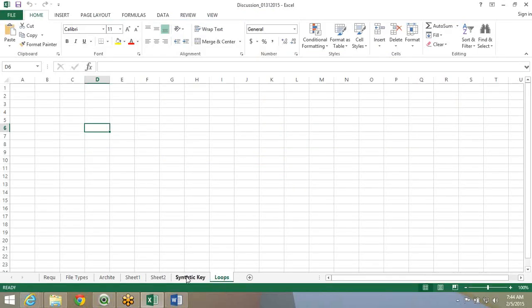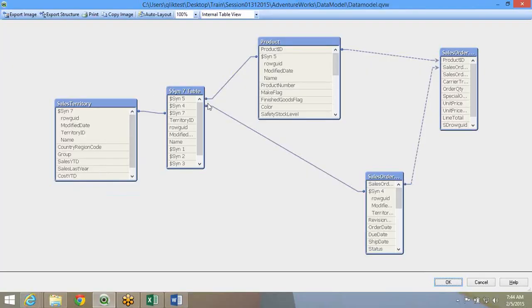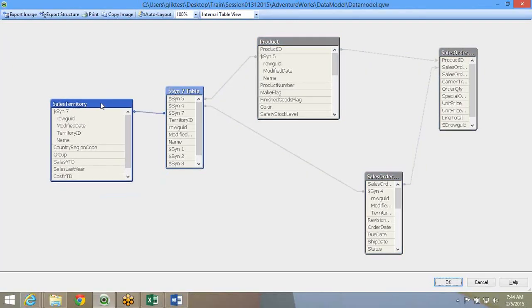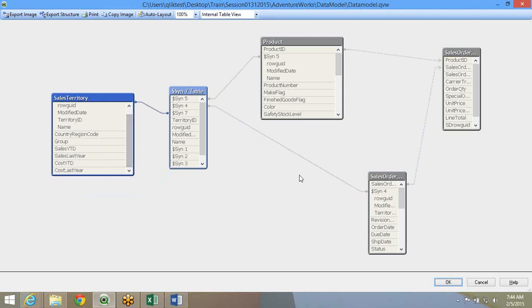The only method to resolve it is the same process we saw with the synthetic key. Either drop the tables, drop the unwanted fields, rename the unwanted fields, use composite keys, or you can do joins. Suppose you're looping over here, sales territory is a table required. The data in sales territory is required in sales order header.